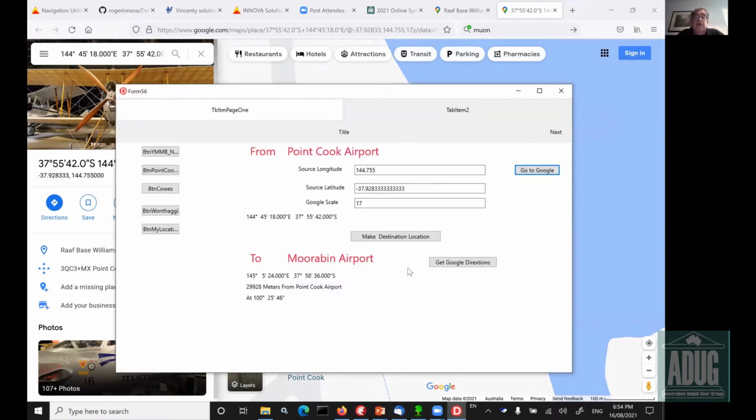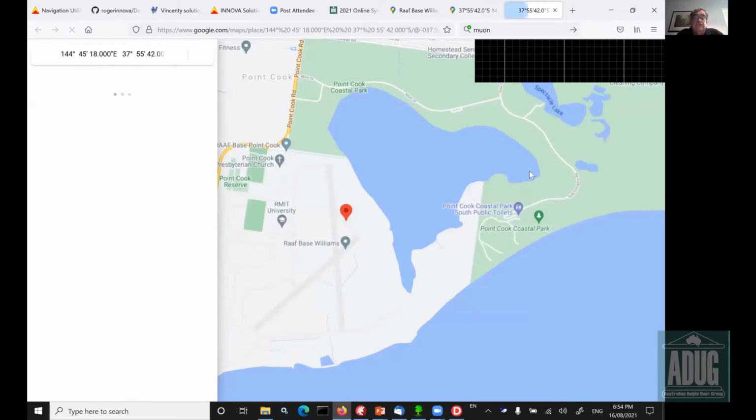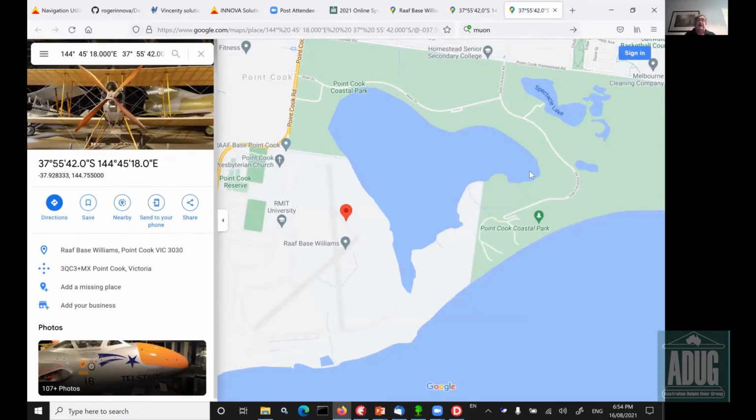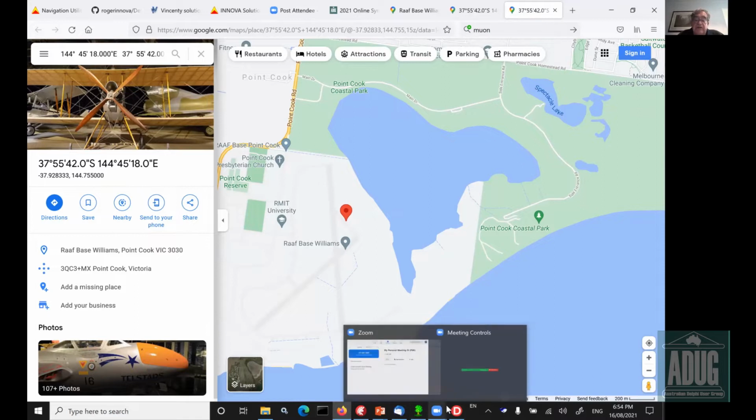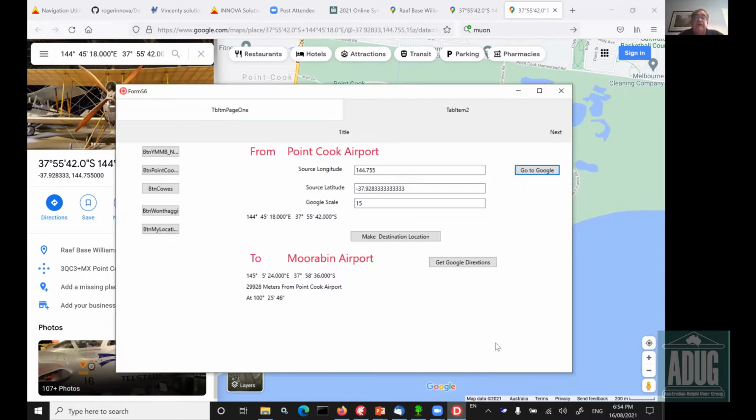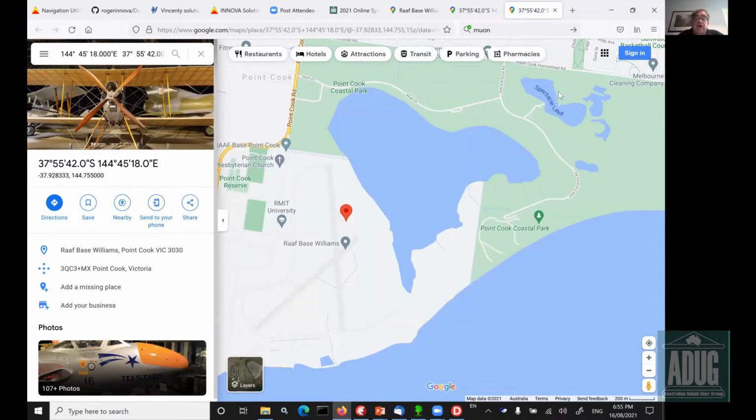If we change the scale from 17 to say 15, it actually changes the scale of the Google map. So using that, I was able to put the center point for the Google directions in the middle of the direct line between the two. So if we actually go back to see the code in this,